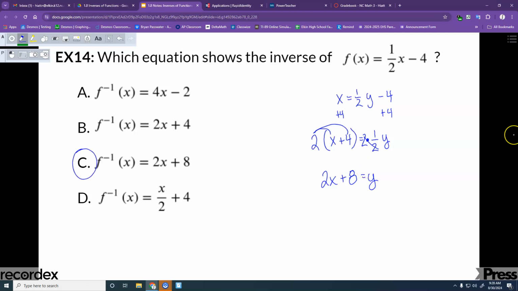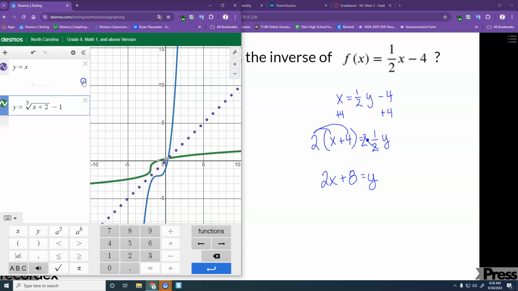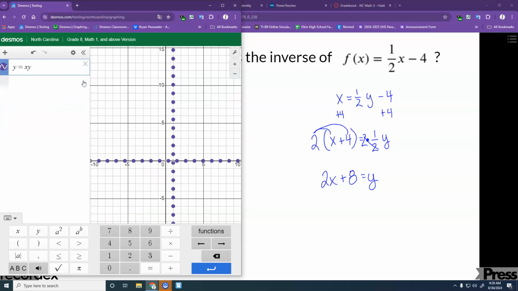Now, let's say that the stuff that I've been showing you is foreign, and you don't know how to solve that by hand. Desmos, you can use Desmos for this. Type in y, or f of x, y equals x, leave it, f of x